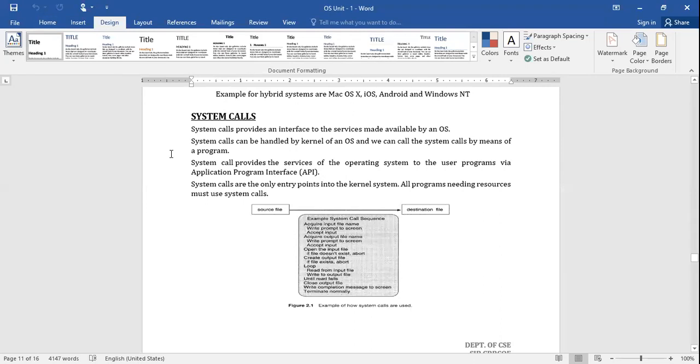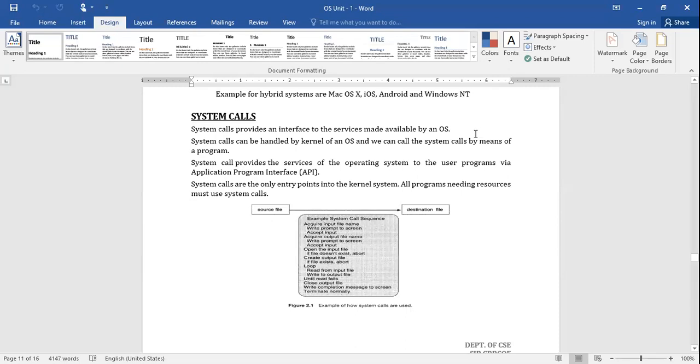Now let us see the definition part, and the way we use the system call in order to get the services of the operating system. The first one: system calls provide an interface to the services made available by an OS.